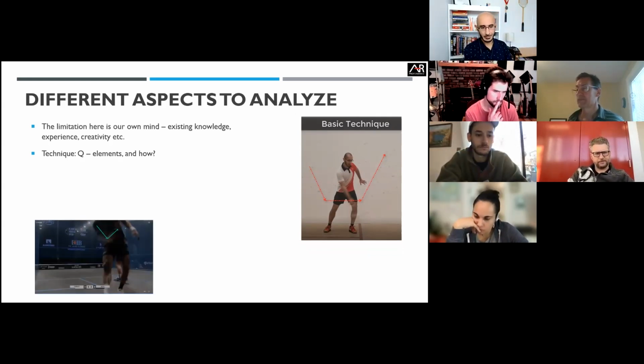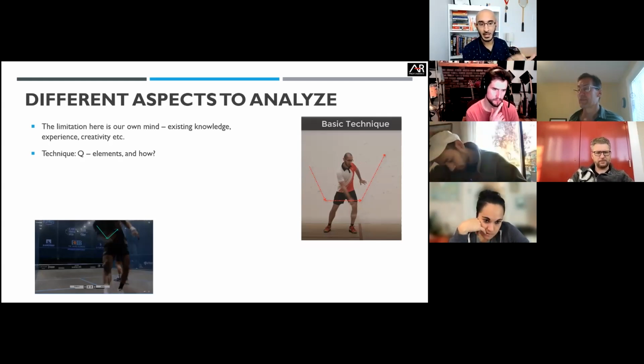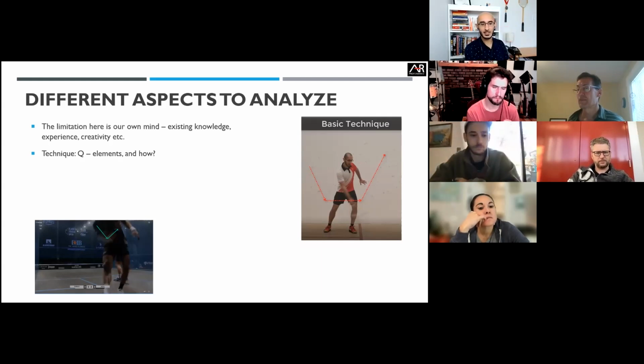Here's an example of a little screenshot I took from one of the videos I put on YouTube, just showing the racket prep of Mustafa Asal as he's going into the back. You can see he has that nice little V over here at the elbow. He also had his wrist up, which I didn't draw, so you have the cocked wrist. A lot of people struggle in this back left.